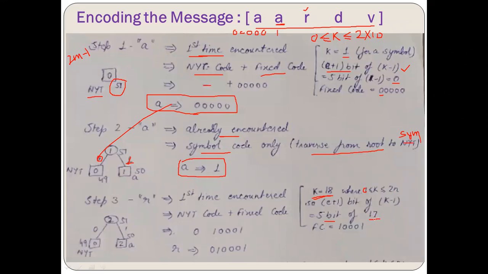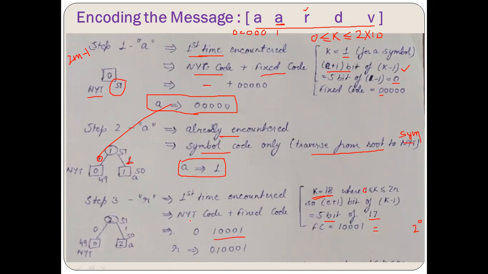So I have to represent 17 in binary form in 5 bits. You all know how to represent 17 in 5 bit. This is 10001. And if you are not clear with it, this is 2 raised to the power 0, right? This one, and this will be 2 raised to the power 4. So it is what we have defined. Now this can be stated as fixed code. So 10001, this is fixed code.